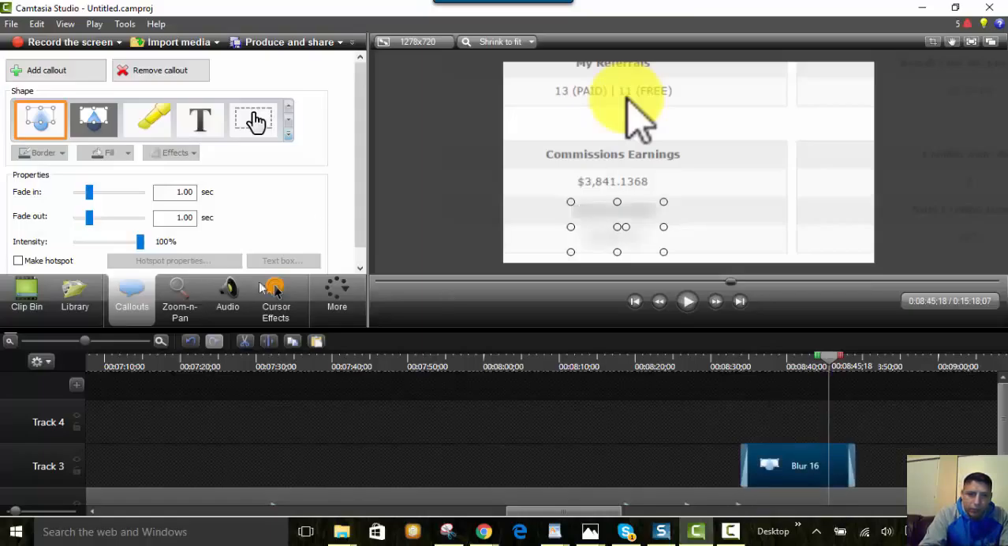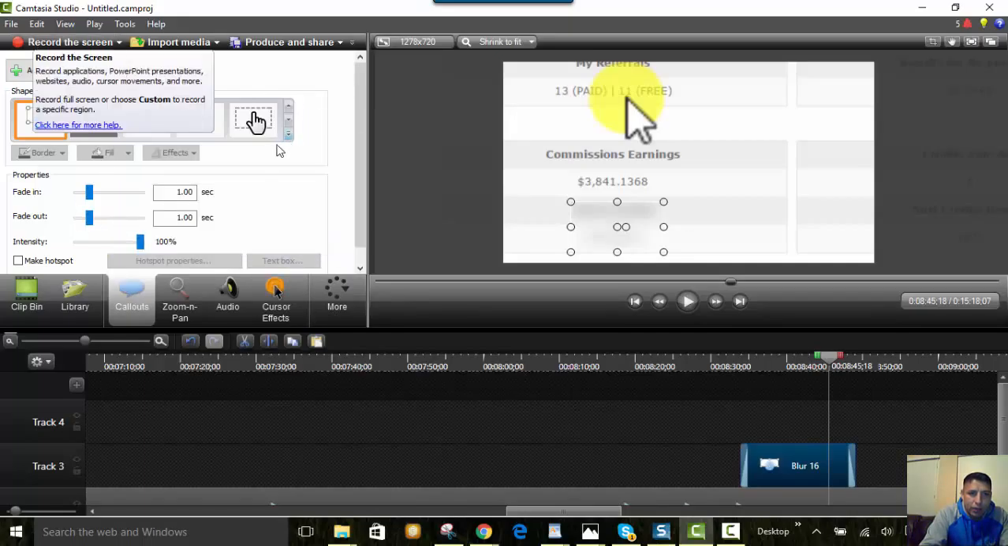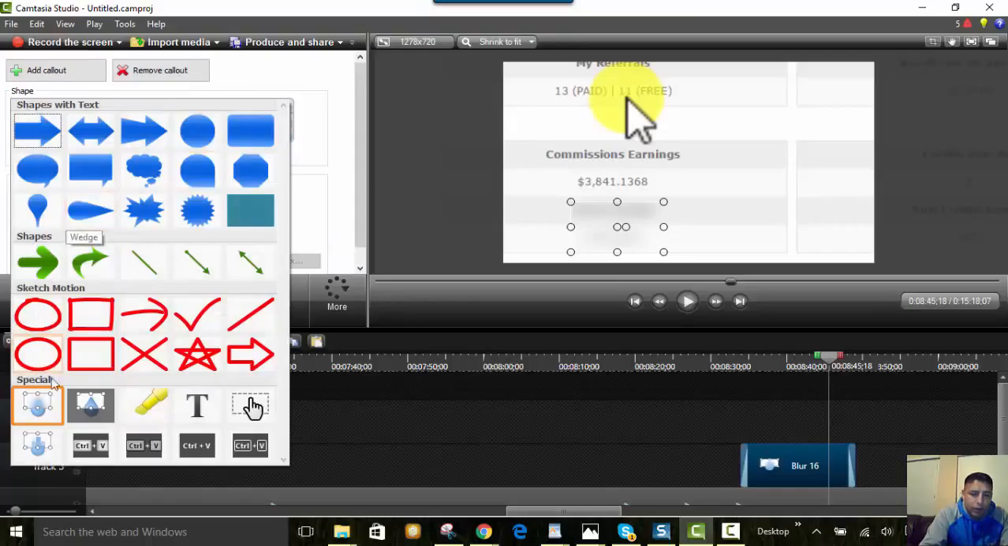Just remember that it's right here. It took me a while. I couldn't figure it out. It's on the callouts. You add a callout and then you pick whatever you want. You pick a blur. You can pick whatever you want. There's a whole bunch of stuff right here that you can add. If you mess up on something, you can add another callout, correct the mistake, and